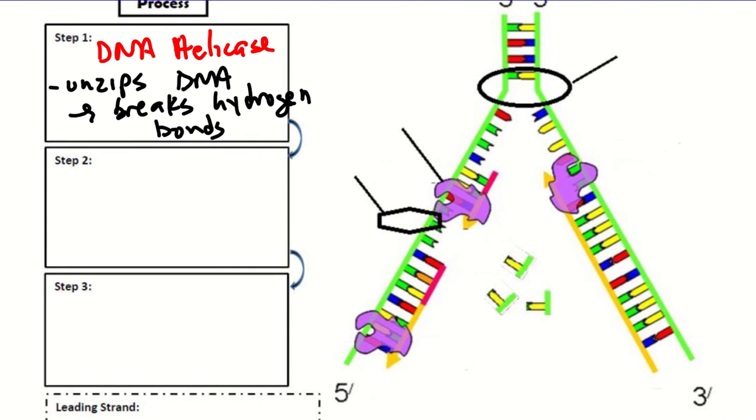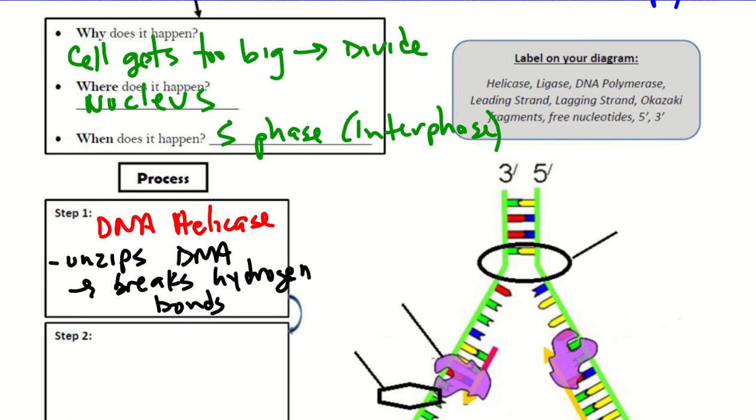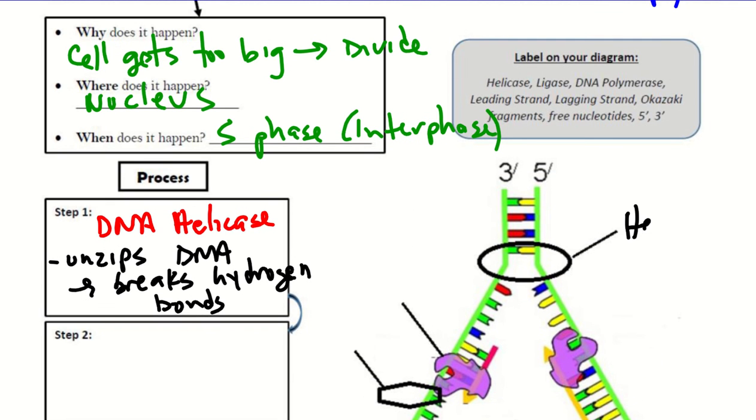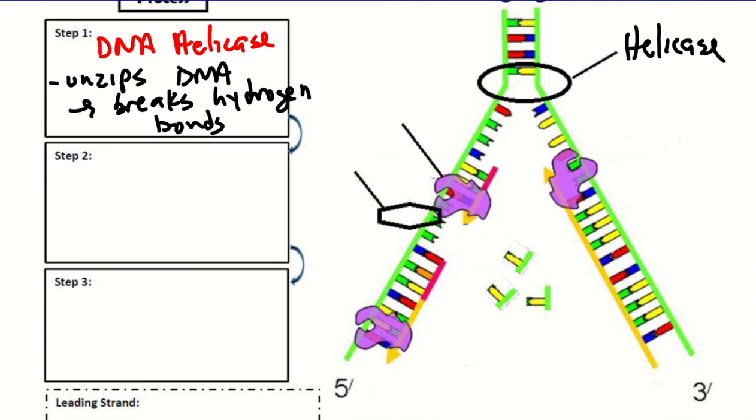So what we see right here is our two strands, and this is going to be helicase right here. Notice how it broke the bonds between those paired bases. So we are separating the strands, almost making a fork. Step 2 is we have something called